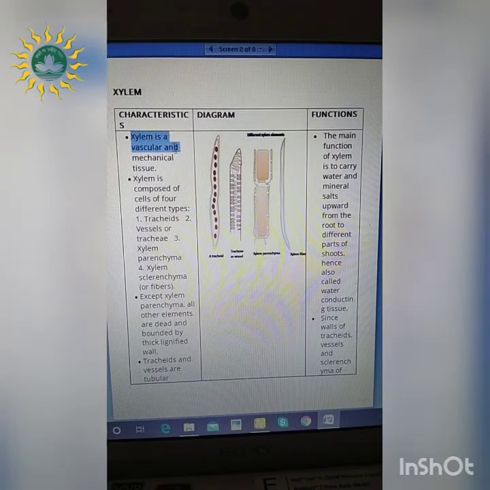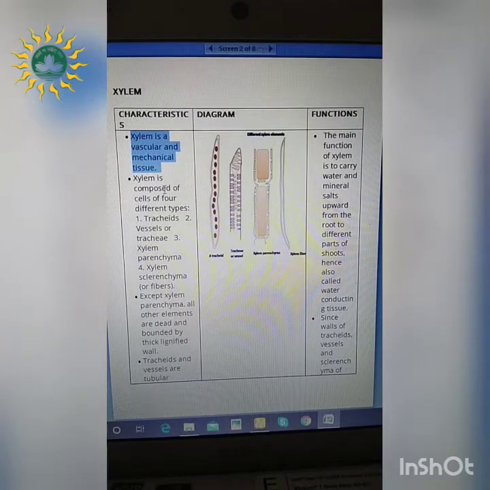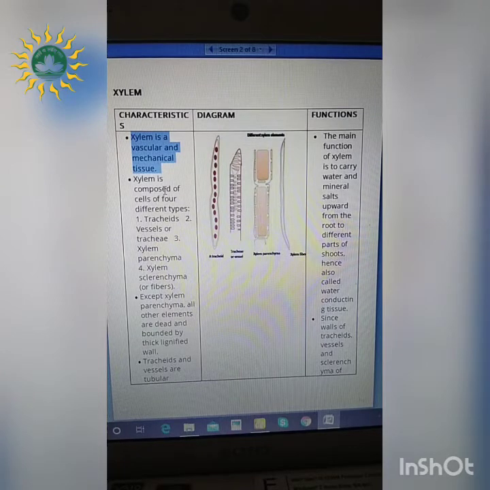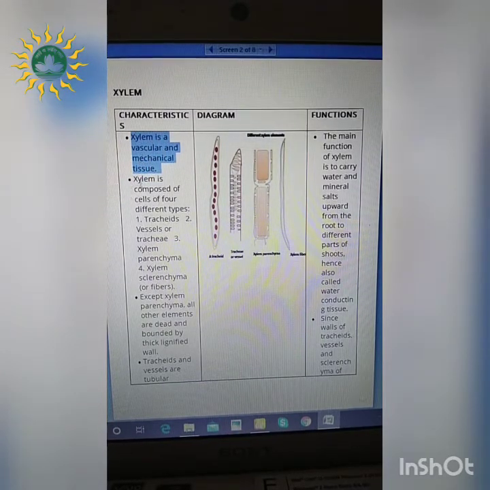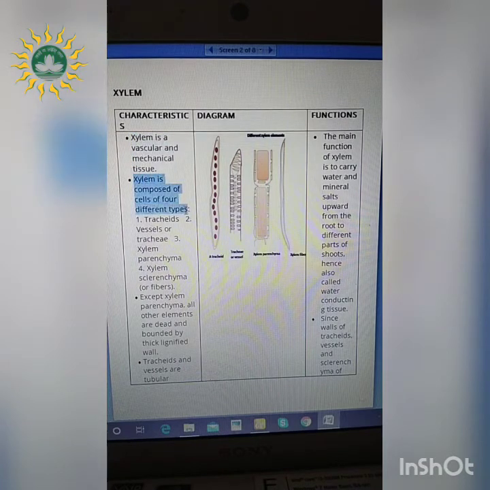Xylem is vascular and mechanical tissue. We have read about the vascular part. Why? Because it is conducting different materials through the plant, right? And it is a mechanical tissue which is helping in the support. The xylem is composed of four different types. What are those? Tracheids, vessels or trachea, xylem parenchyma and xylem sclerenchyma, which are referred to as the xylem